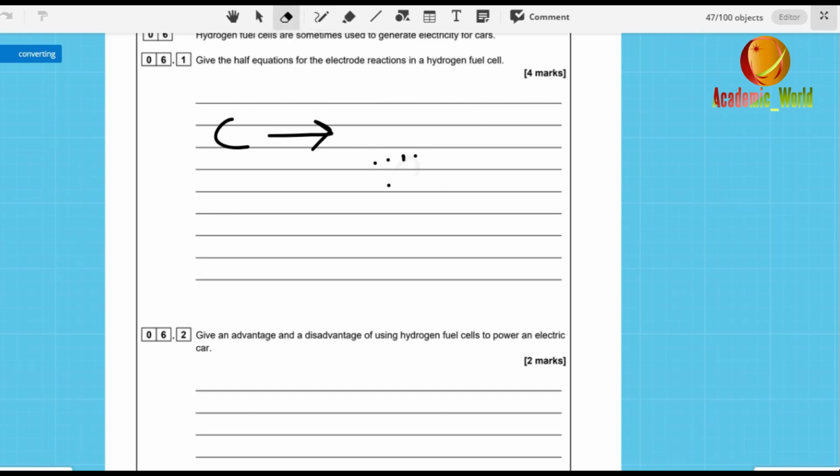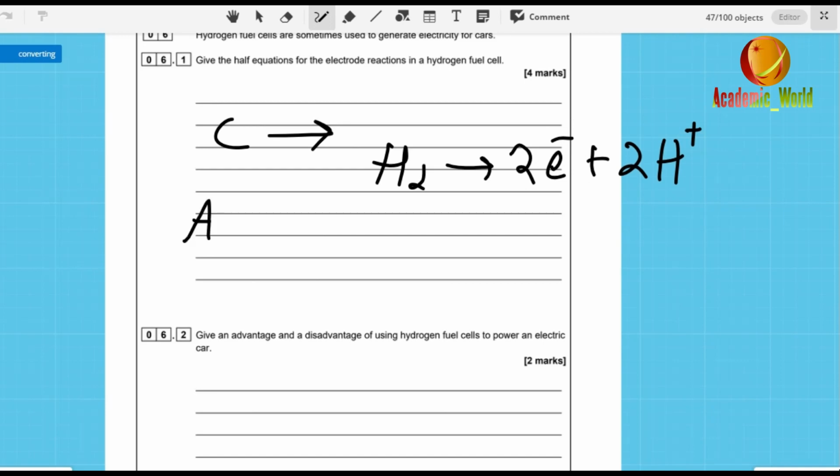Let me write it again. H2 will give 2 electrons to make 2 H+ ions,